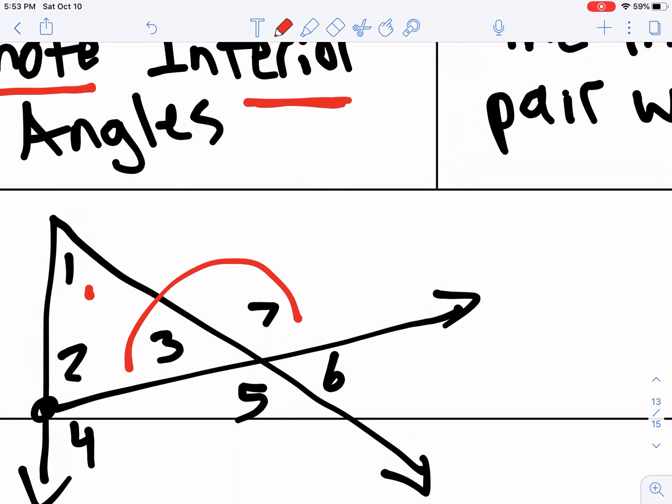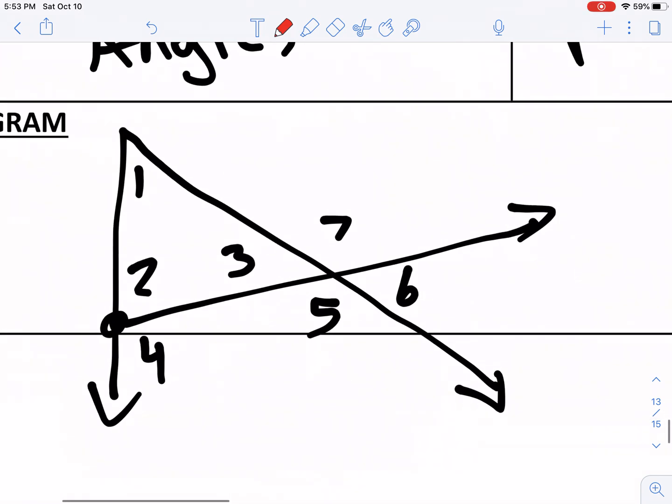Okay, and then similarly, let's look at the other exterior angles we have. Remember, angle 6 over here, is this guy an exterior angle? No, because it doesn't form a linear pair with 3, right? However, does angle 5, does this guy form a linear pair? Yeah, so angle 5 is an exterior angle. Now, based on what we have for angle 5, since it forms a linear pair with 3, 3 would not be a remote interior angle, okay? It's an interior but not remote interior. Which two angles on the inside do not form a linear pair with 5? 1 and 2. So in this case, 1 and 2 are both the remote interior angles of both angle 5